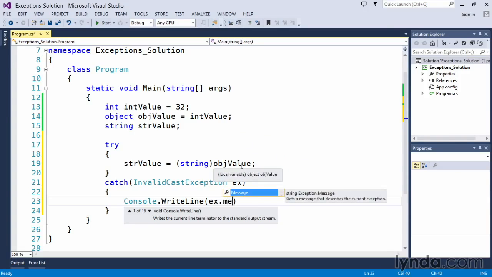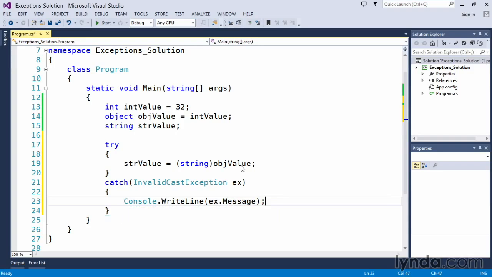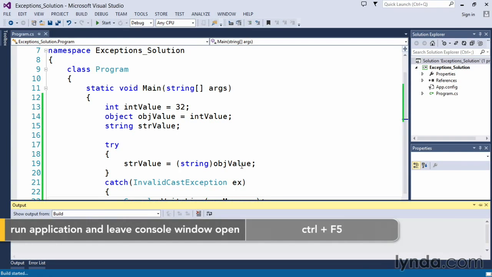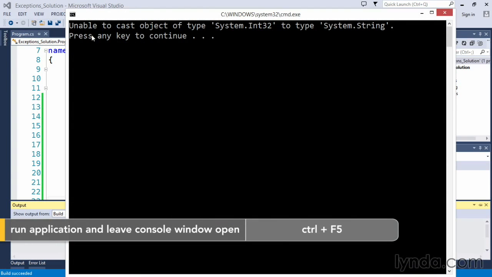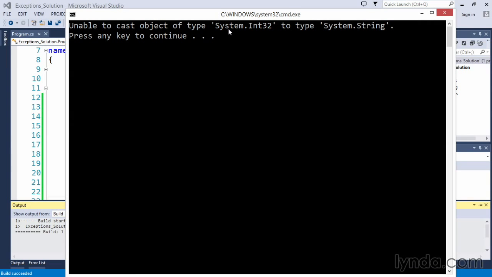So we will type in Message using our auto-completion with the tab key, finishing off our statement with the semicolon, and now we should catch the invalid cast exception and output that information to the console window. Control F5 will verify. And here is our message, unable to cast object of type System.Int32 to type System.String. So we have achieved